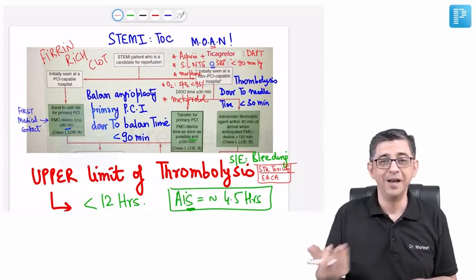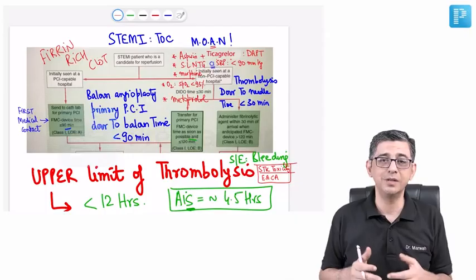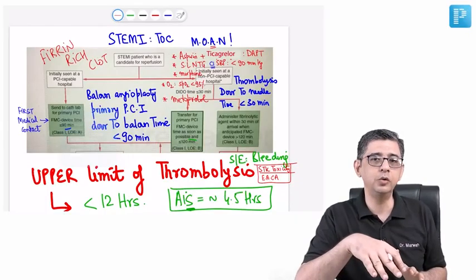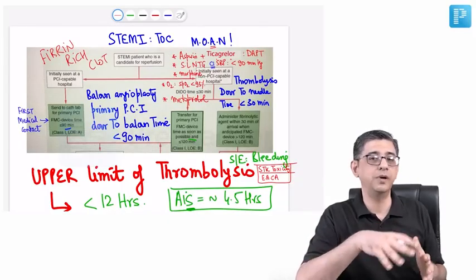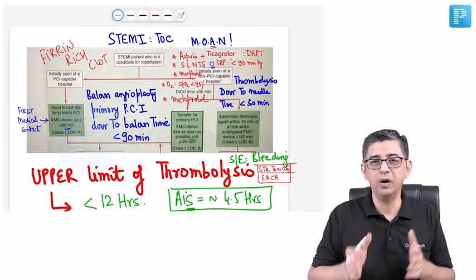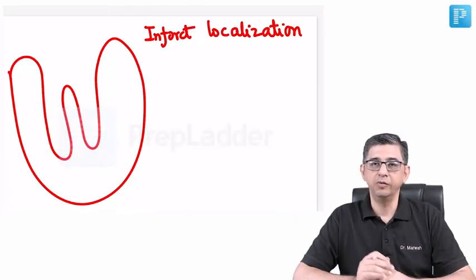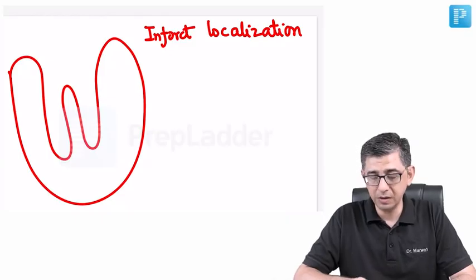I mean, God forbid, if somebody does thrombolysis in brain hemorrhage, the bleeding will worsen. It will cause deterioration of the patient. And just like you're comfortable with the fact that I'm not going to do thrombolysis in brain hemorrhage or hemorrhagic stroke, I want you to be comfortable with the fact that thrombolysis is contraindicated in non-ST elevation myocardial infarction. Now, before we talk about drugs which are used in non-ST elevation MI, I would utilize this time to also